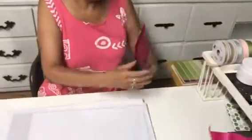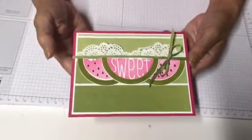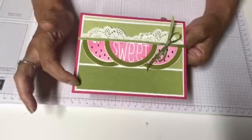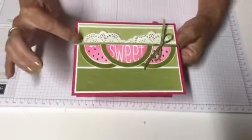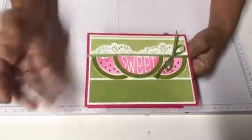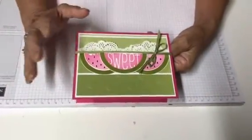And then to change it up, here is another project I made with the stamp set, but I used some doilies. I used the Color Theory Designer Series paper. I used the polka dot folder, and then our Melon Mambo and our Wink of Stella and some of the ribbon I already had. So when the contents of your Paper Pumpkin is used up, you can still keep creating